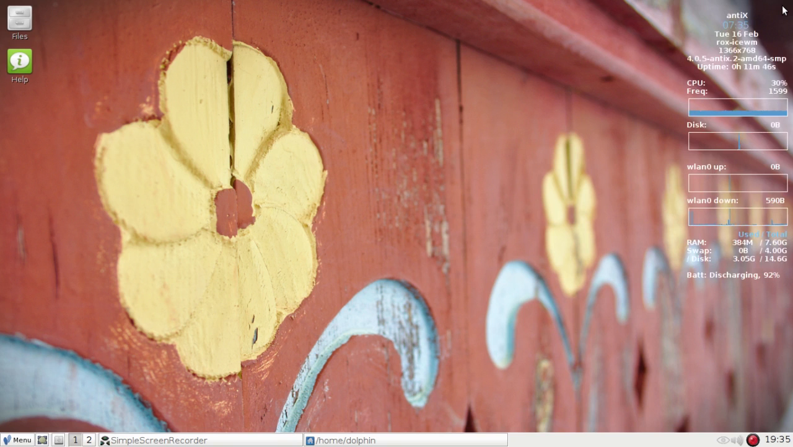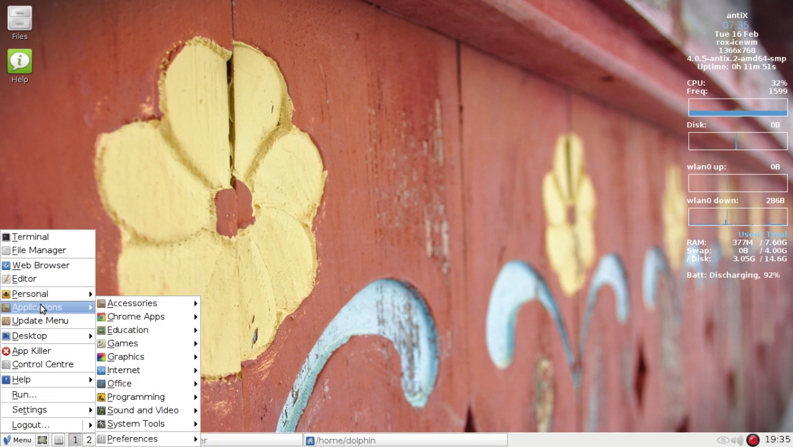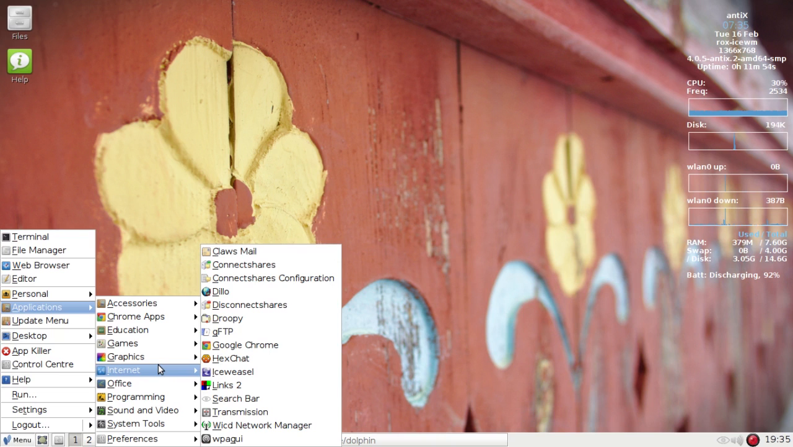I'm actually going to close the terminal altogether, and we're going to go over here to Applications, Internet. And we're going to see two apps in here, connectshares and connectshares configuration. Connectshares is a script that uses standard Linux mounting techniques and apps to mount network shares. And it makes it easy, either Samba or Windows type shares, or NFS, the network file system type shares. So I'm going to click on configuration,